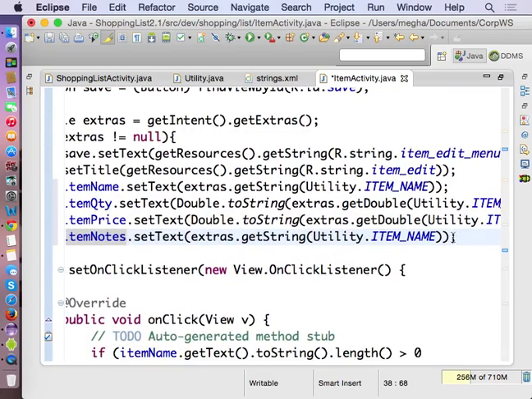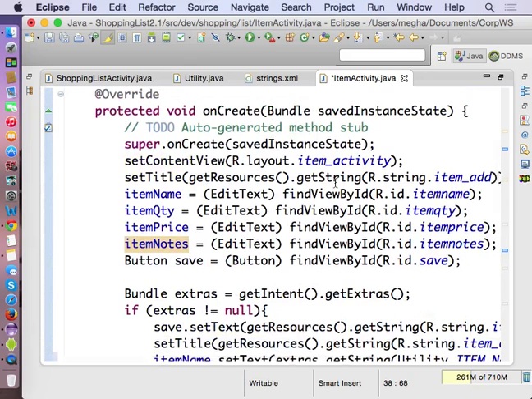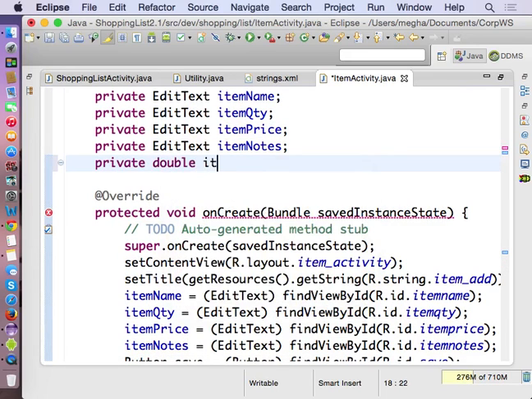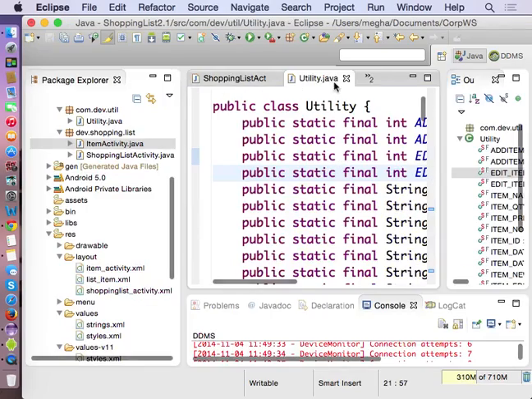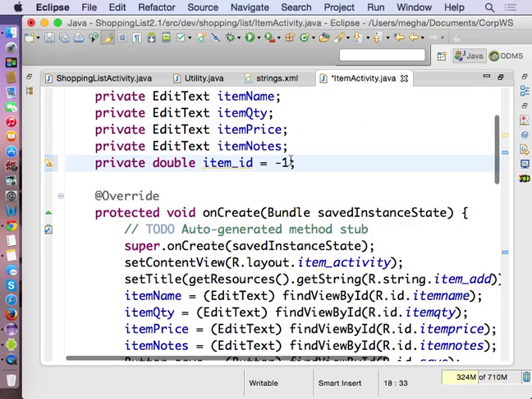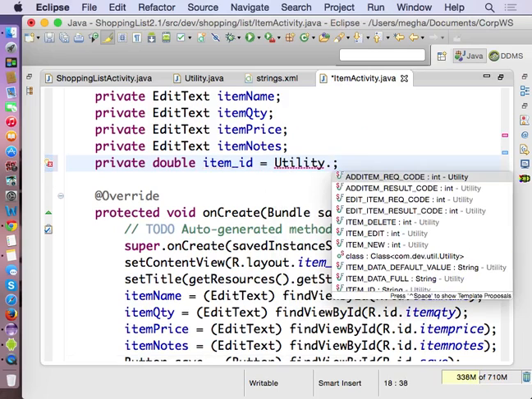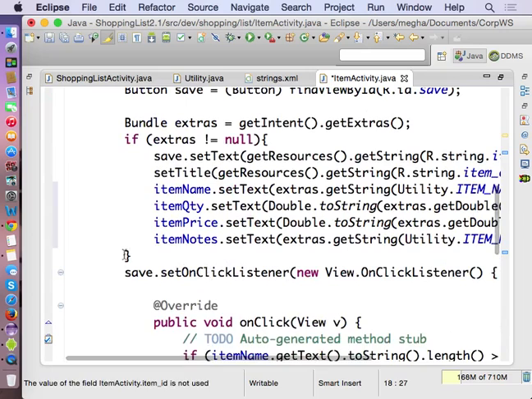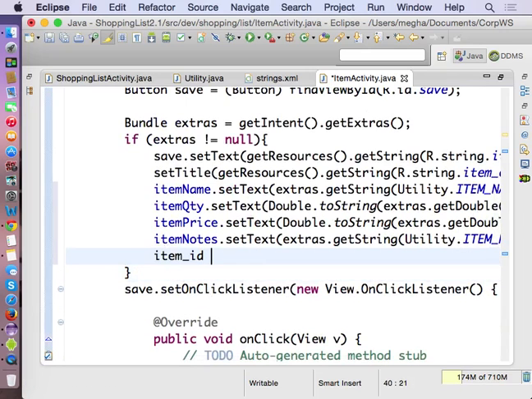I need to keep -1 for the default one, which we always use. So item new. To start with, I am keeping it as a default value. The value will get changed when